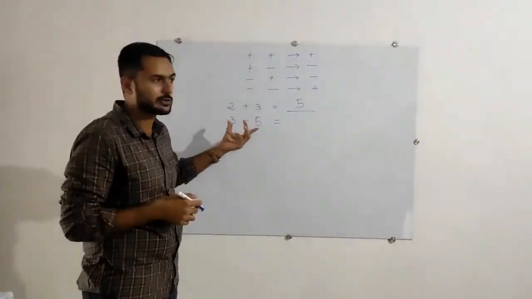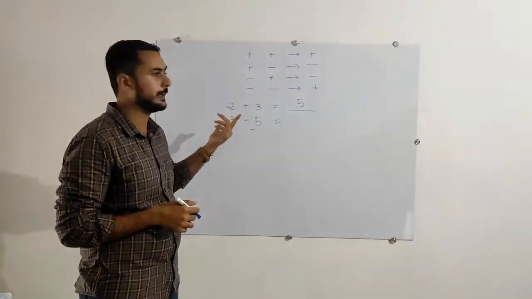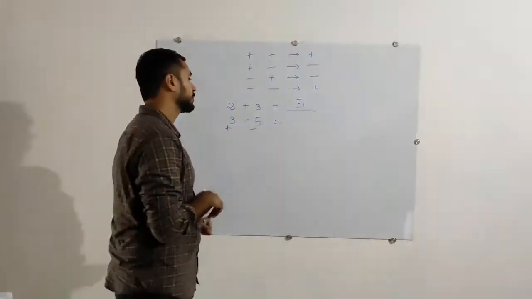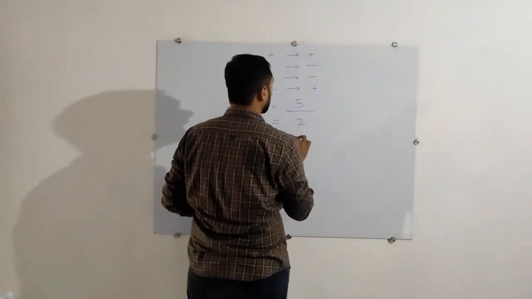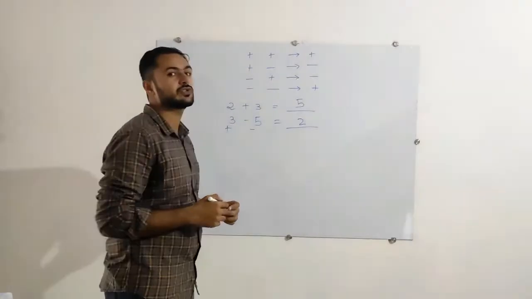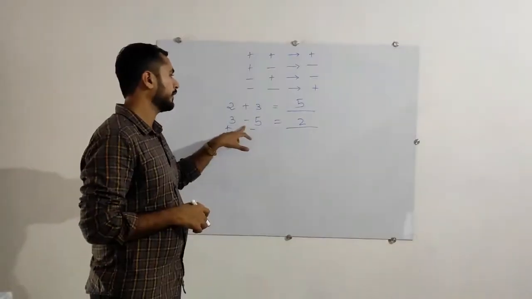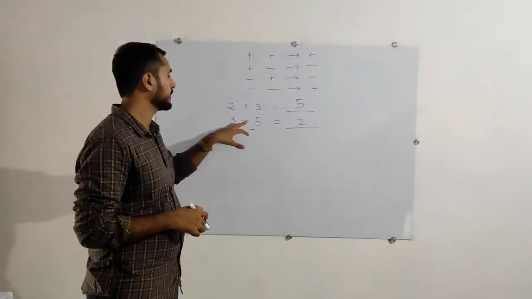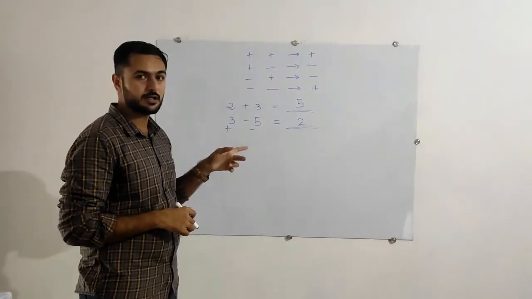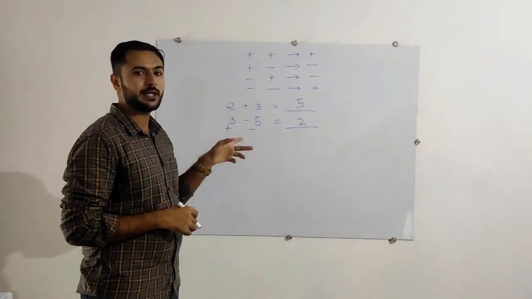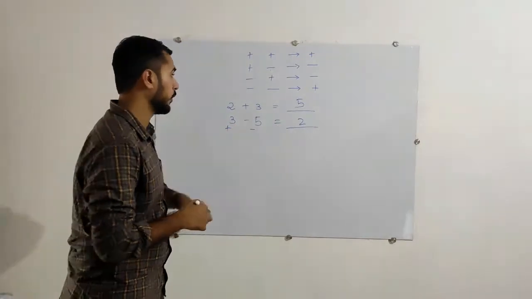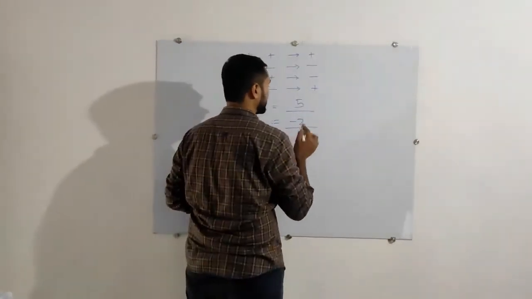So we can do like this also, 5 minus 3. Both are same. No problem. So 5 minus 3, that is 2. Answer is 2. But still, we have to find out which is the bigger number, 3 or 5. 5 is the bigger number. Which sign 5 having? That's the minus. So put it over there. So that will be minus 2.